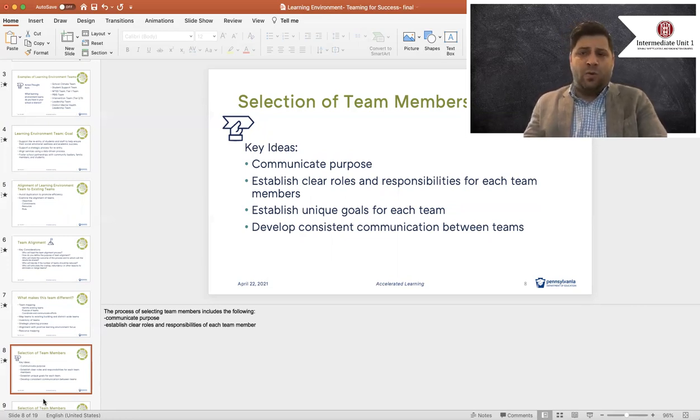Each team should have unique goals. So every team that's in place, as we look at these teams, either through team mapping or team realignment or team creation, all the goals should be different. So we wouldn't necessarily want all these district teams to have the same goals, because again, we're just duplicating efforts rather than sort of consolidating the efforts and maximizing the resources and the time. And we want to make sure we have consistent communication between all of our teams. So we want to keep the communication flow open, natural, so that everybody is working together.